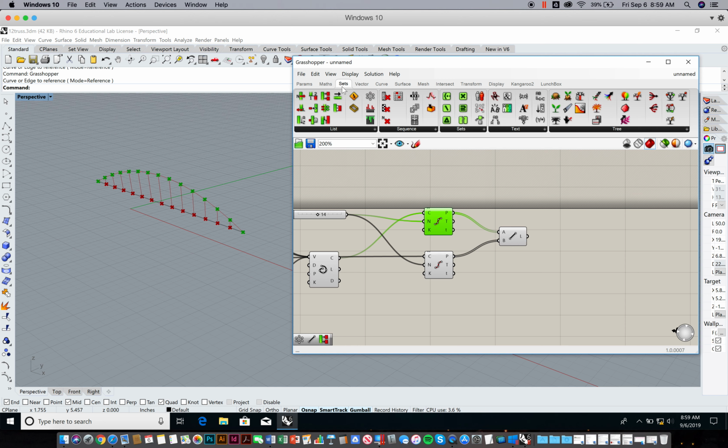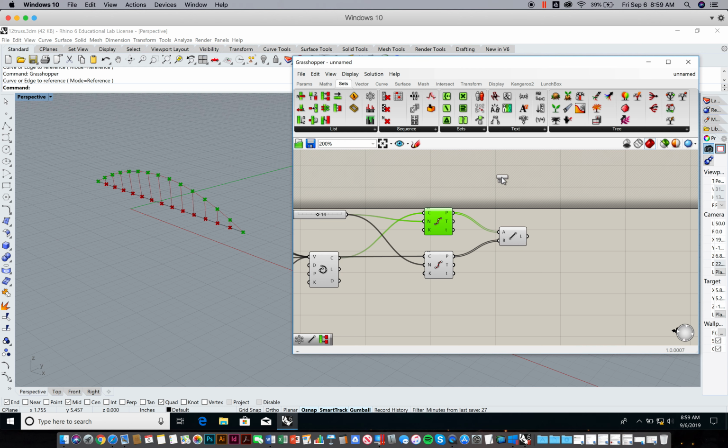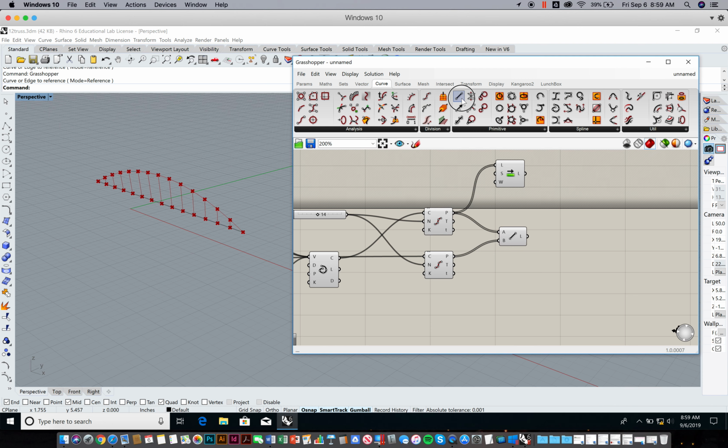So I'm going to go to sets. Remember, this is where I can reorganize lists of objects and numbers. So list and shift list is one of my options. By default, the shift offset is already 1, so I'll take the first item and shift it to the back. So I'm going to plug this in. I'm going to shift this list of points. Okay, and so I have the shifted list of points here for the top, and I have the unshifted list of points along the bottom. And I'm going to create a line between those using this as the start and these as the ends. So I'm going to go back to curve, line,